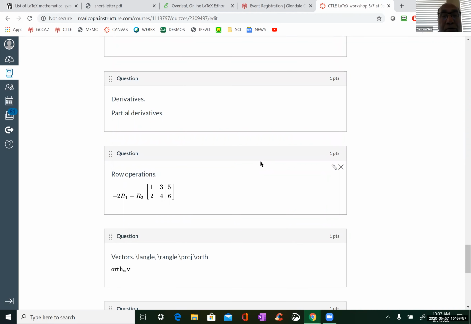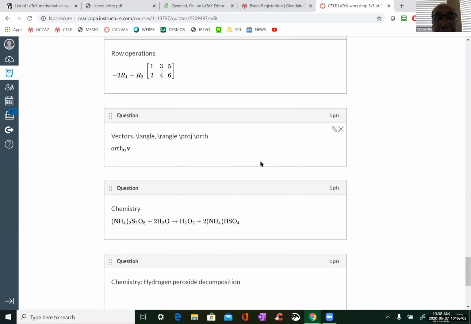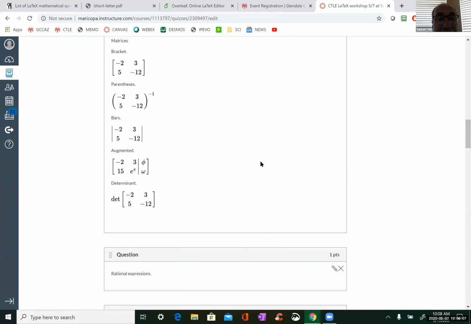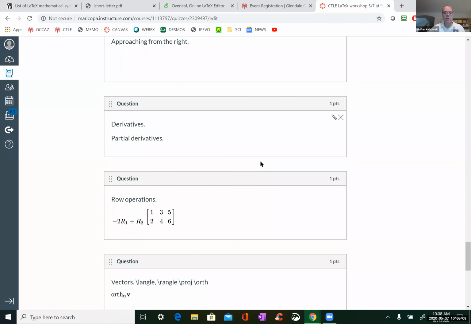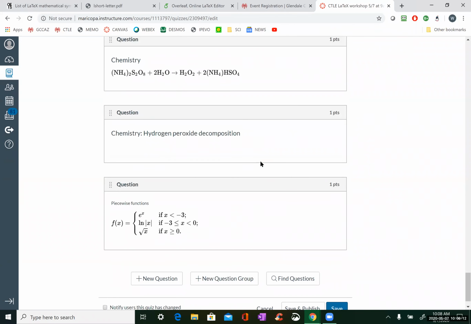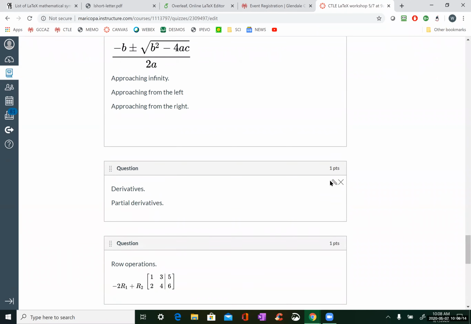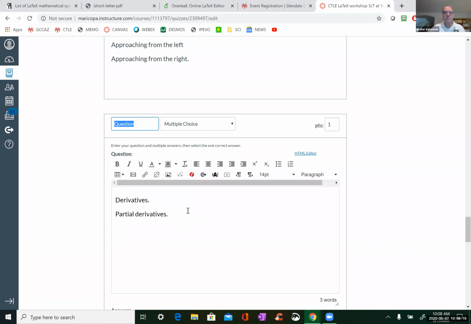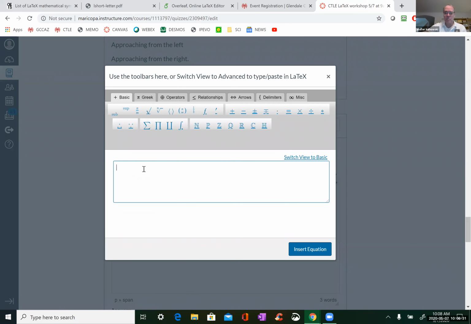Walter, can you quickly show some derivatives? Where did I have them? They're around here somewhere. Piecewise, vectors, row, there we are. Can you show limits after that? Okay. All right. So, I can do both at the same time. How's that?